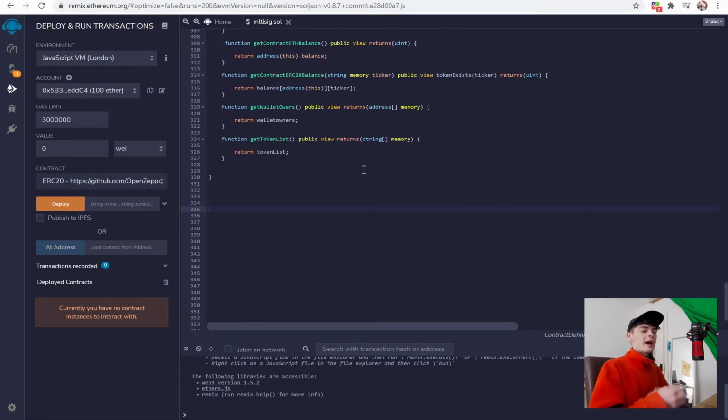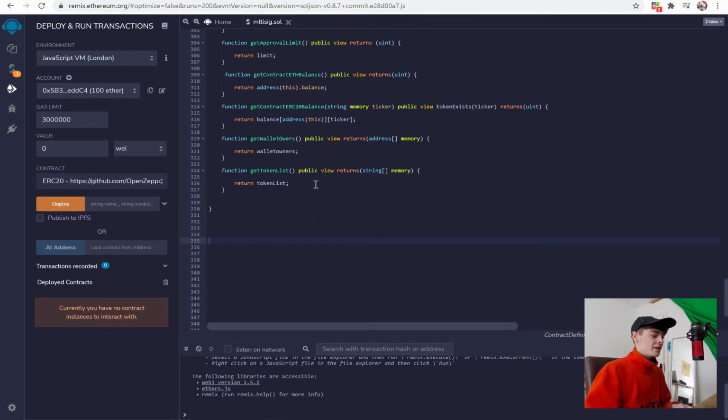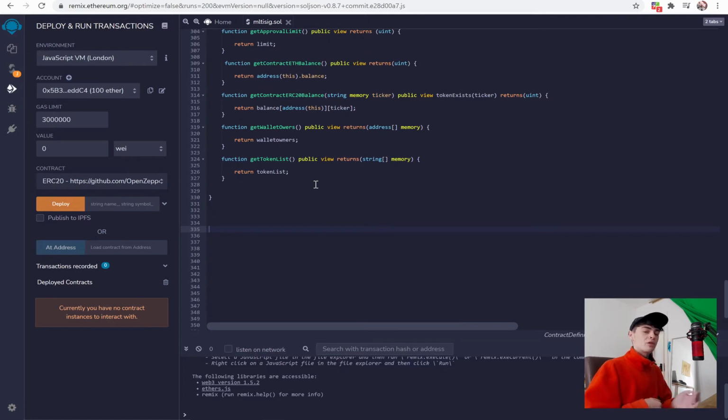So eventually what will happen is users will be able to log into a user interface and they'll be faced with all of the existing wallets that they have. And they'll also have the option to click a button to create a new wallet and add it to the list. So just think of MetaMask, where you can log in and choose different wallets, maybe because you want to store different funds in different wallets for different reasons. So we're going to be using the same idea here and we're going to achieve it through